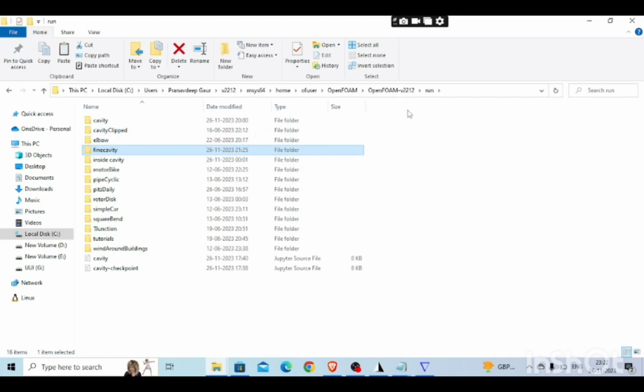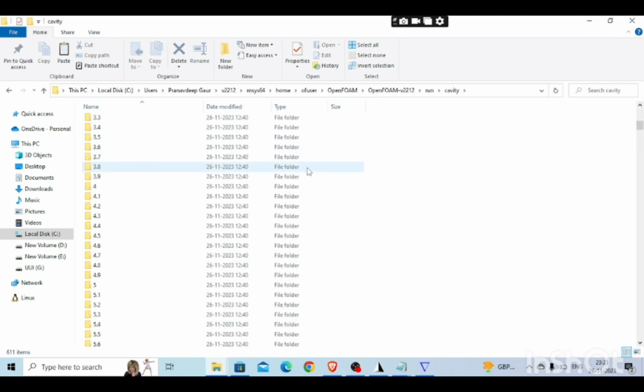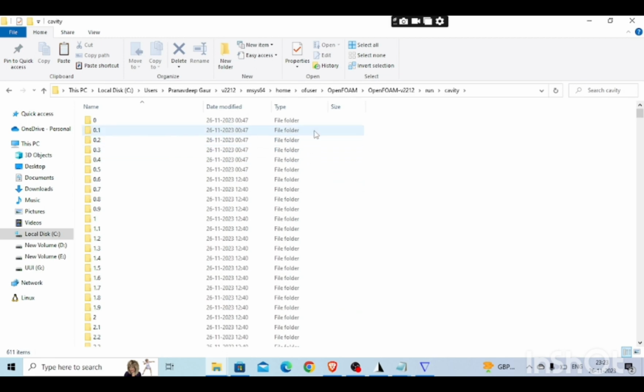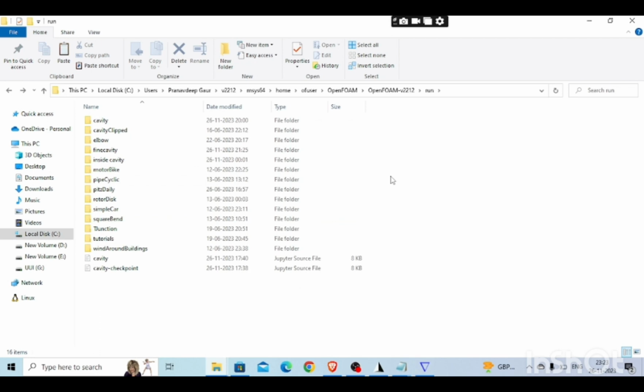मैं हूँ अपने रन फोल्डर में, और यहाँ पे वो सारी की सारी फाइल्स हैं जो कि हमने OpenFOAM में रन कराई हुई हैं। और उससे पहले जो हमने सिमुलेशन किया था उसकी फ़ाइल ये है, इसमें ये सारी फाइल्स हैं, क्योंकि ये हमने सिमुलेशन किया हुआ है इसलिए ये सारी फाइल्स जनरेट हुई हैं। और अभी हम ये सब फिर से करने वाले हैं, क्योंकि जो फाइल हमने बनाई थी उसमें हमने कुछ मॉडिफिकेशंस किए हैं, अपना मैश साइज़ और ज़्यादा डिफाइन किया है, तो उसके लिए हमको फिर से वही सब प्रोसेस करना पड़ेगा जो कि हमने पहले वाले केस में किया था।